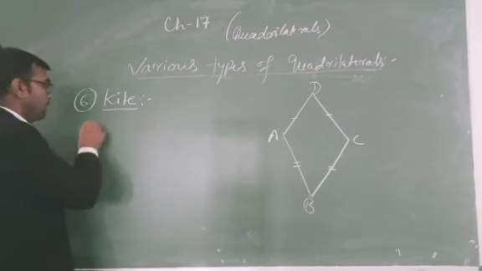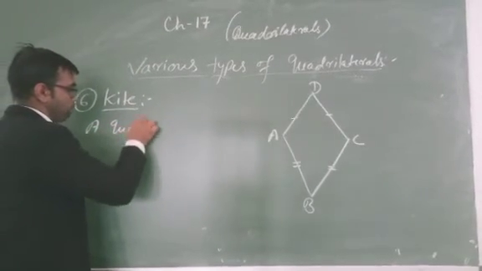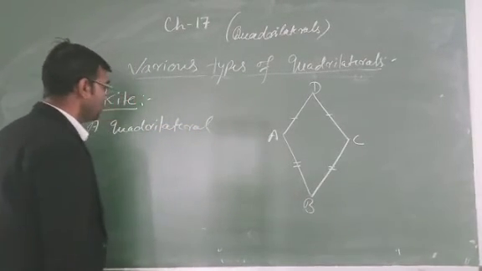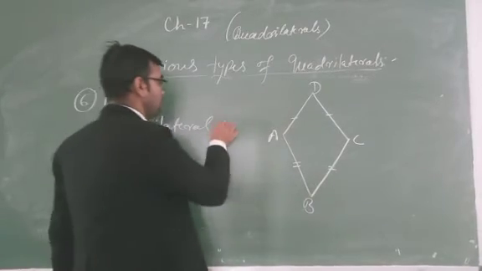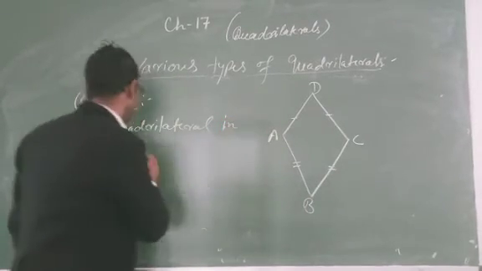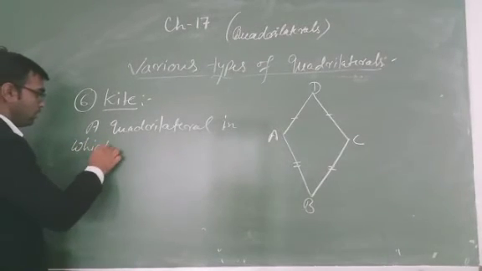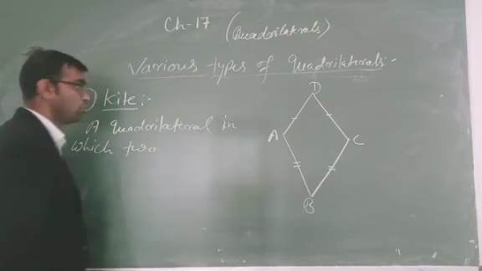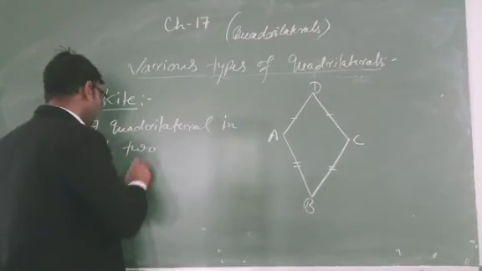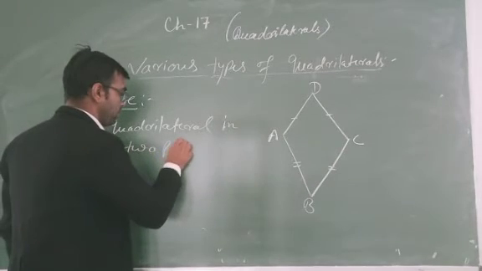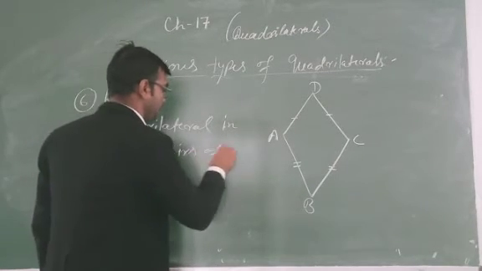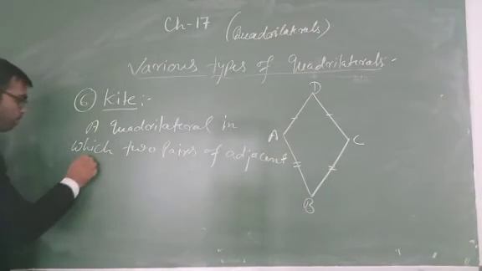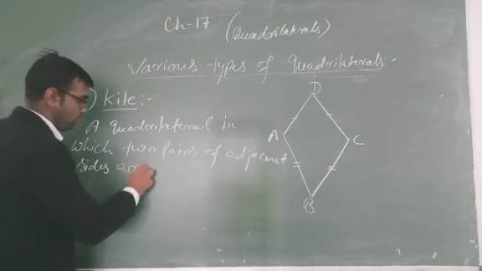A quadrilateral in which two pairs of adjacent sides are equal